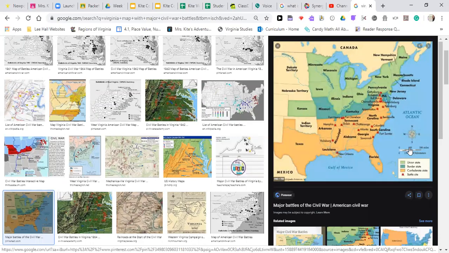All right, so on this one, it's a little bit easier to see that Bull Run is indeed up above Fredericksburg, just a little bit. So when we come back over to our map,